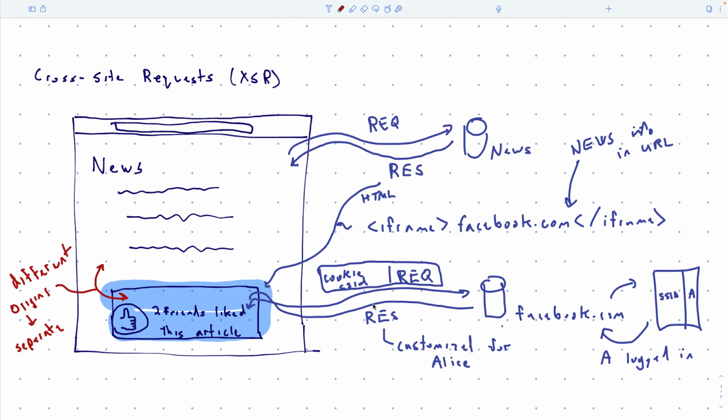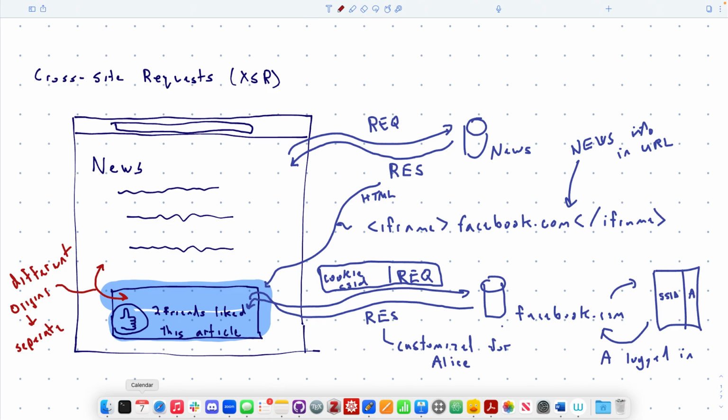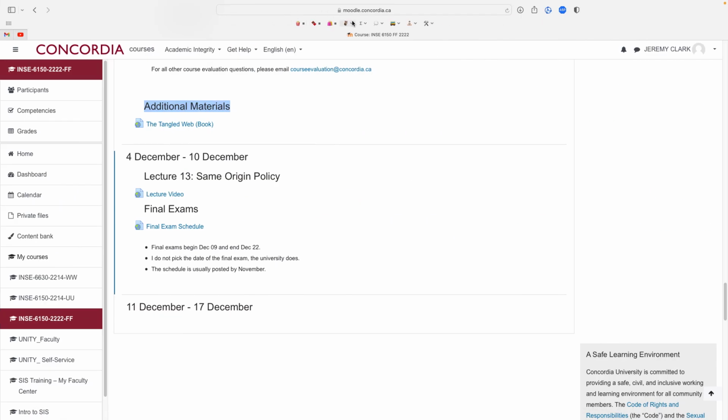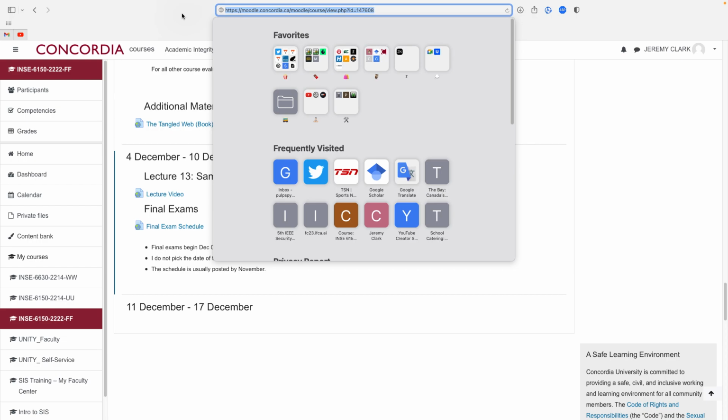And so it took a while for people to sort of weaponize this particular feature, but eventually they realized that there is a way to use cross-site requests, the functionality of it, for an attack. But what had to happen first is that we kind of changed how the web worked in terms of how we communicate, how we send these requests and these responses. So let me give you an example, and then I'll show you the forgery.